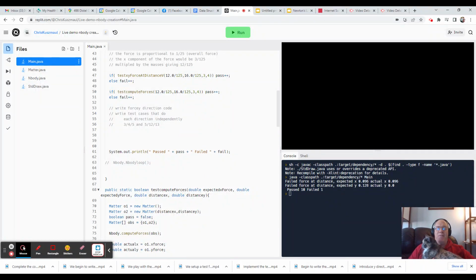Again, last time we found that the y forces that were computed were zero, which was consistent with the errors that we've been having before. And now I know where the bug is, or at least I think I know where the bug is, because now if